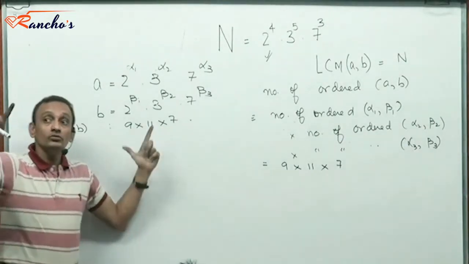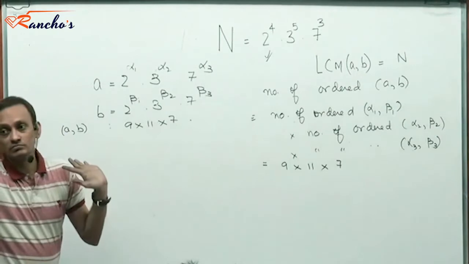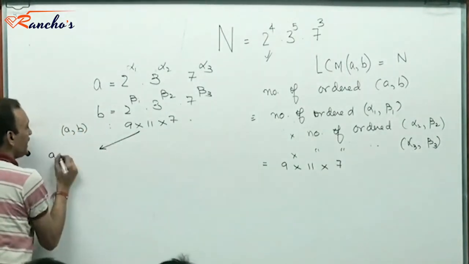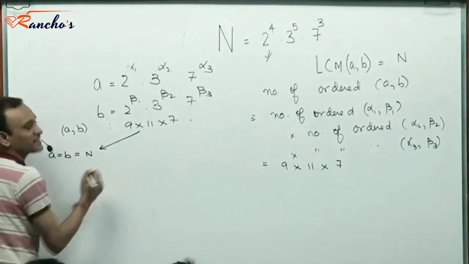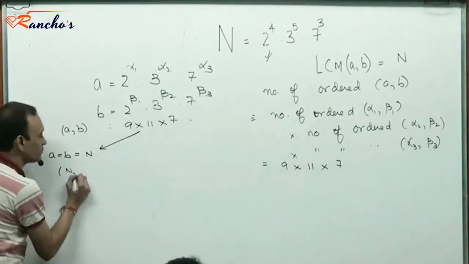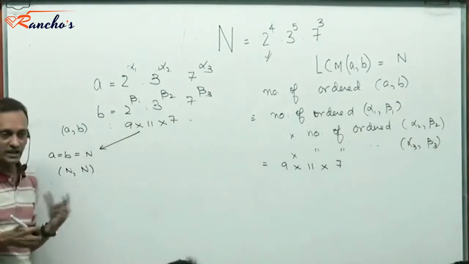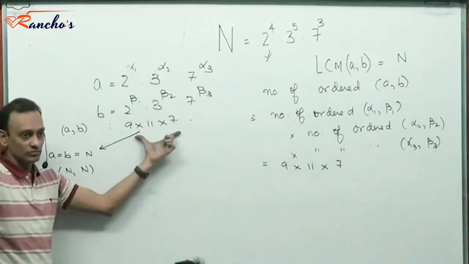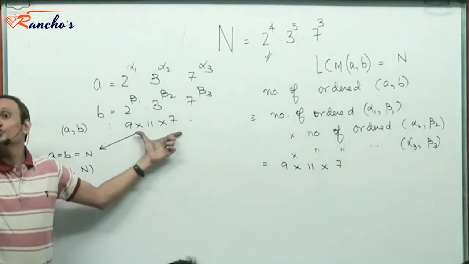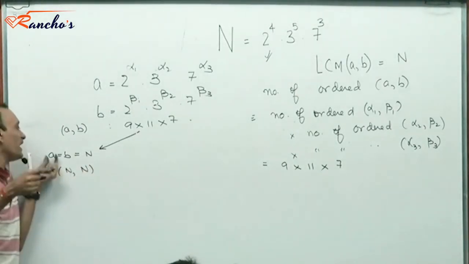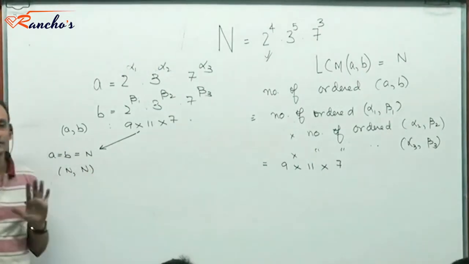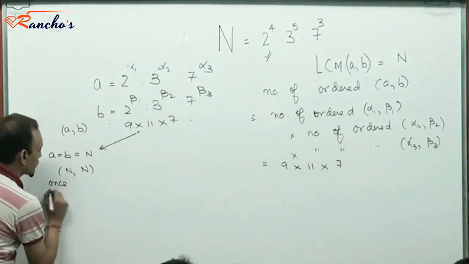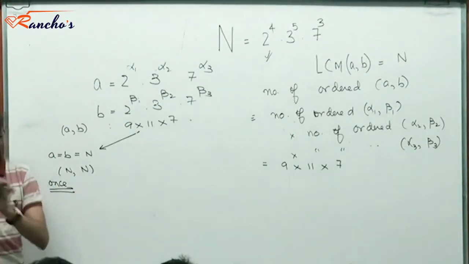Now, they include two kinds of things. One, there is a case in which A and B both equal to n has come once. N comma n has come only once. There is a pair n comma n whose LCM is n, that has come only once in this count. In this count, there is one choice of A and B where A is B is n. Yes or no? One choice of this kind where A and B both are equal to n.